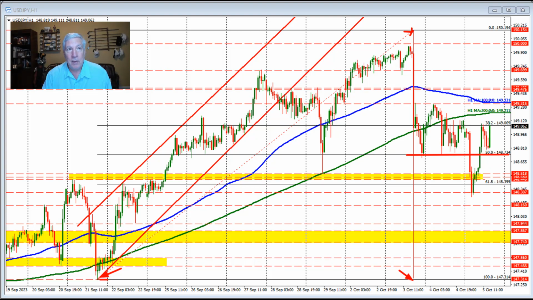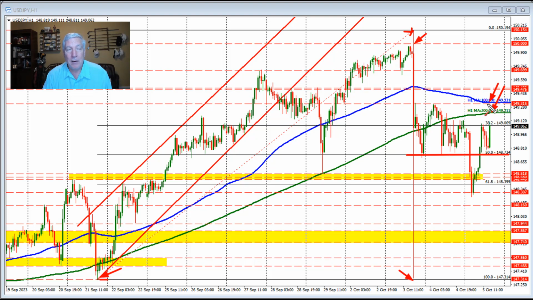On the top side, we do have the 100-hour moving average and the 200-hour moving average as targets of 149.21 and 149.33. Get above those levels, it opens the door and increases the bullish bias for the dollar yen once again. However, there is going to be fear up here near the 150 level. So as a result of that fear from the central bank coming in and perhaps pushing the dollar yen back to the downside, the yen to the upside,